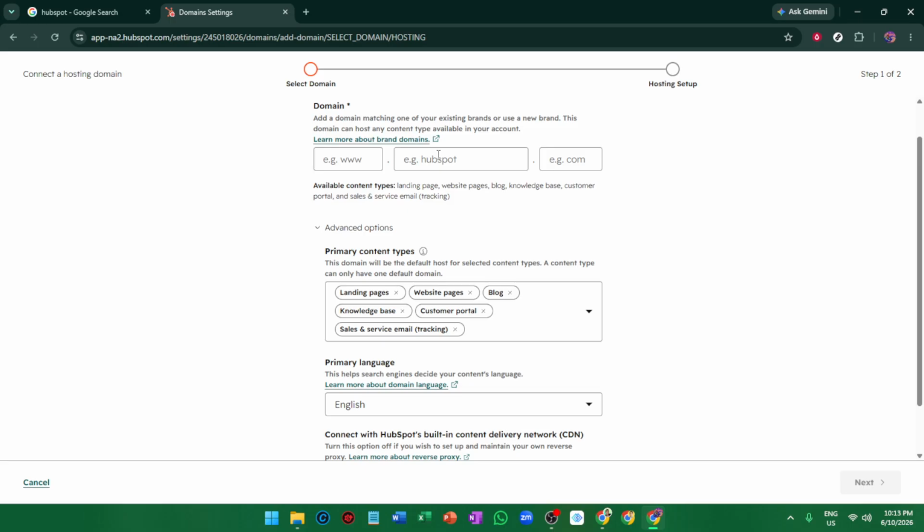To finalize the connection, you'll need to authorize the domain by updating your DNS settings with your domain registrar. HubSpot will typically provide the DNS records you need to add or update. Then you'll log into your domain registrar, locate the DNS management area, and apply those changes exactly as shown. DNS updates can take some time to propagate, so if the connection doesn't verify immediately, give it a little time and check back. Once the DNS changes are recognized, your domain should connect